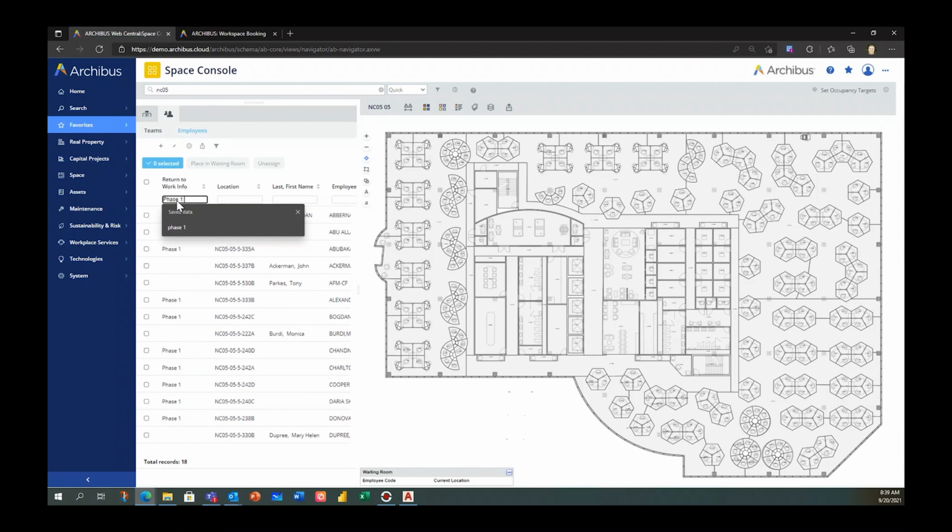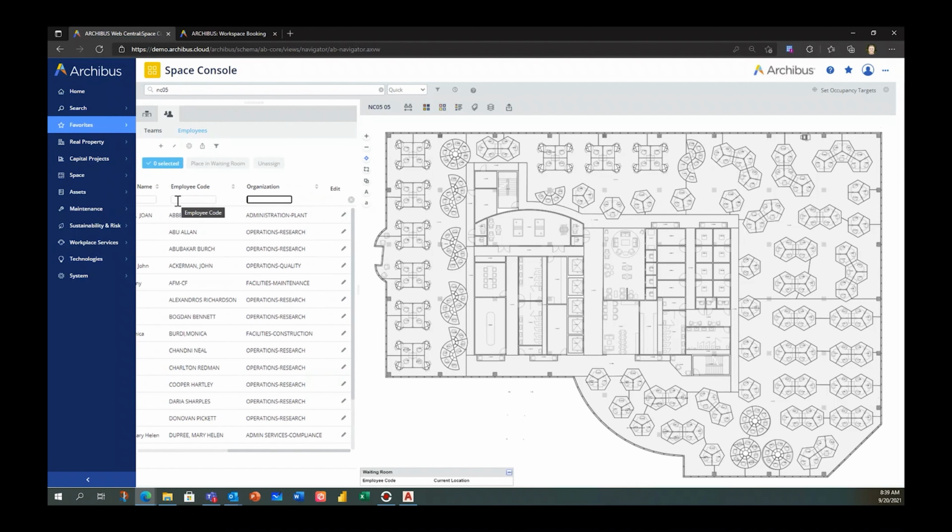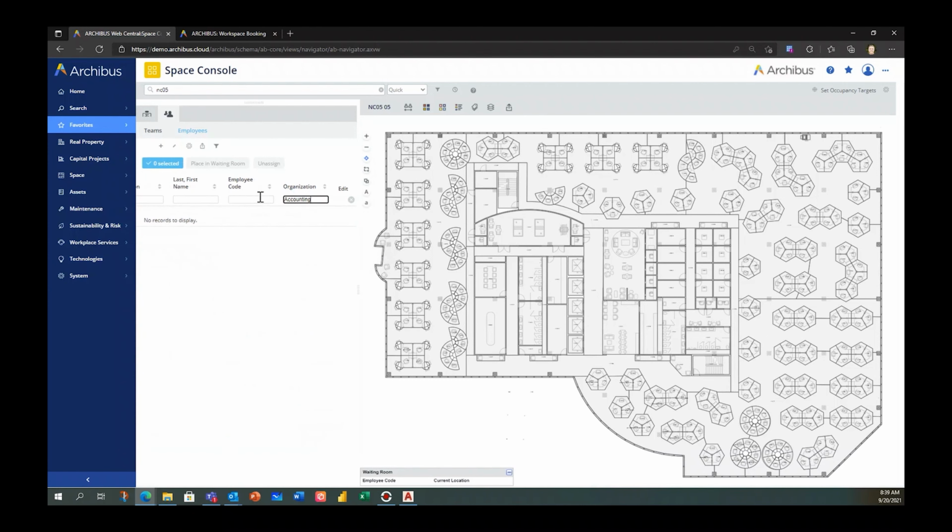And what this is going to allow us to do is filter down based on the different attributes that you see me indicating here. So, when I'm wanting to do something like filter down to the phase one employees that happen to be part of the accounting organization, I can very easily do so. And from there, what I'll do is go ahead and select those individuals and take action against their records. Sorry about that. Just needed to adjust the filter settings on the view that we have in front of us.